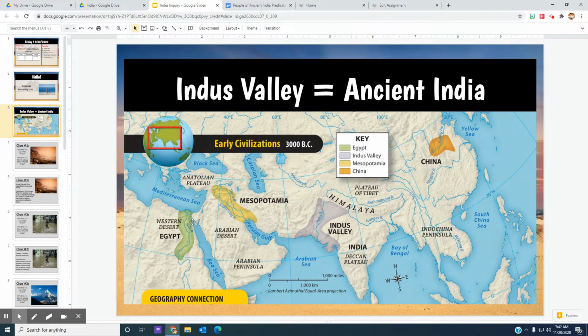Mizraim, his grandson, started the land of Egypt down here on the Nile River Valley. The Israelites live here next to the Mediterranean Sea in Israel. And then his descendants also moved east and they landed in the Indus River Valley. Most civilizations start in a river valley, we've already learned, because river valleys are a wonderful place to grow crops and they have many resources that people need to start a civilization. So when we say Indus Valley, we are referring to ancient India, because this purple area will grow and eventually take over all of this area of land that we call India today.